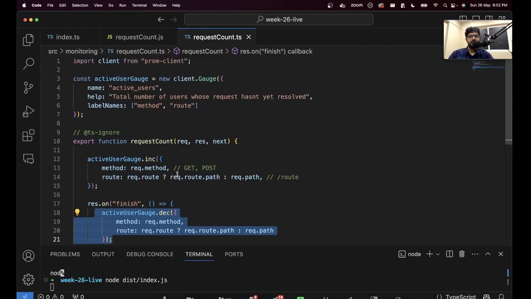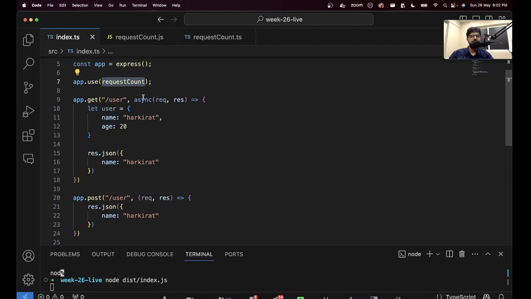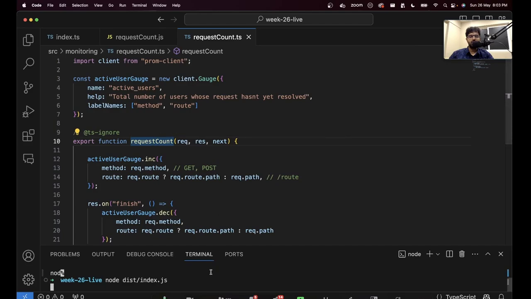Let's see if I replace this. I'm still using it right here. The name isn't the best. It should be called active user gauge or something, but this is fine. Now if I run this again